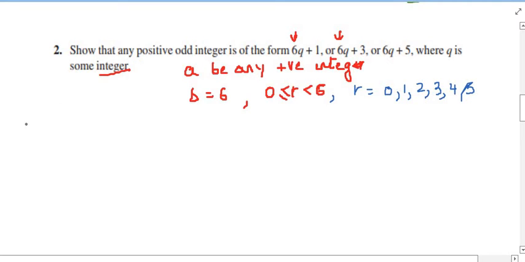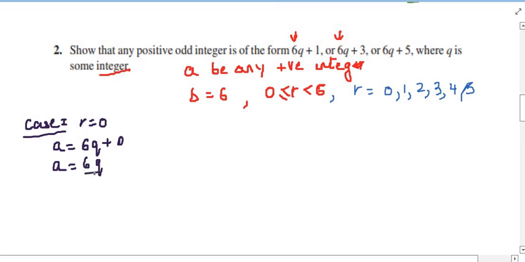So case 1, when r is 0, so according to Euclid's division lemma, a will be equal to 6q plus 0. It means a is 6q. So what kind of number will be 6q? Will it be even or odd? Since we are multiplying q with an even number, it will be an even number, because any integer multiplied with an even integer will be even at the end. So this is even here. Now case 2,